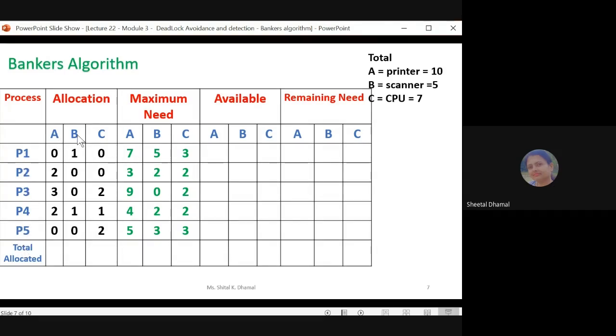And here A, B, and C, where A is representing printer, B is representing scanner, and C is representing CPU. So initially P1 is entered into the ready queue, and after that it will ask the operating system that to complete my job, I require 7 printers. See, this is the maximum need which is required by the process to execute or to complete its job. So this P1 tells the operating system that I require 7 printers, 5 scanners, and 3 CPUs to complete